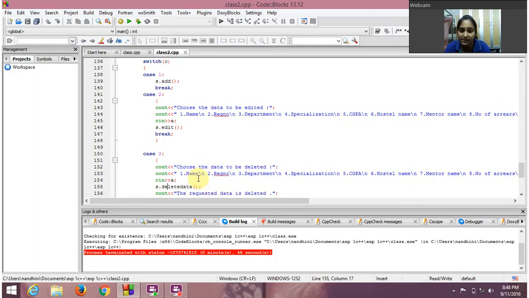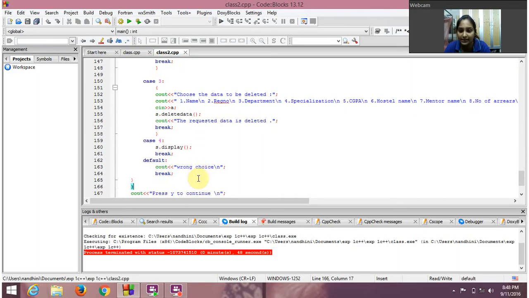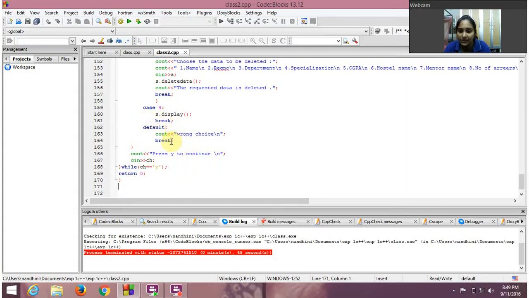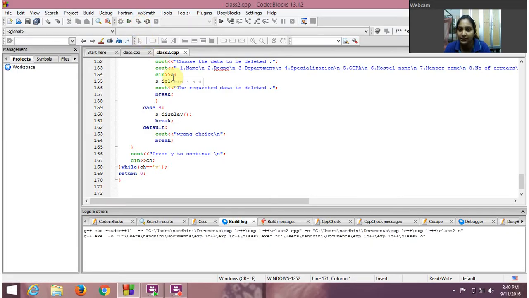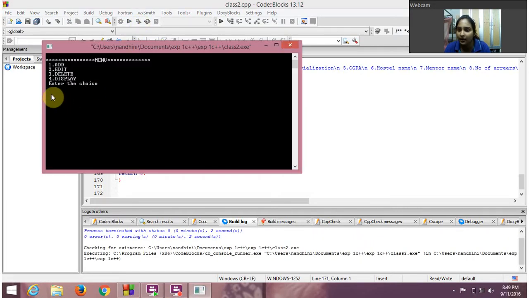And case 3 will be given the same thing, but it will be choose the data to be deleted. And the case 4 will be display, and we should use the default by the wrong choice, break, and cout press y to continue, cin ch. So we close the bracket by using while, and ch is equal to y, so return 0, and we should close the program. And if you give the build and run, it will be like, then give 1, enter the